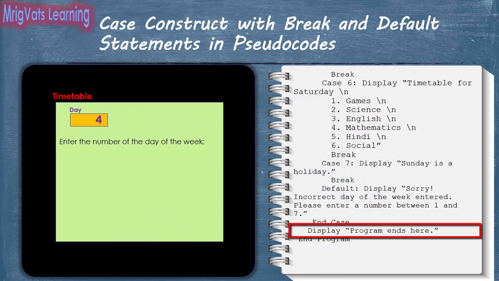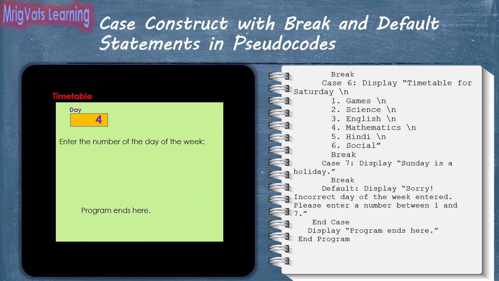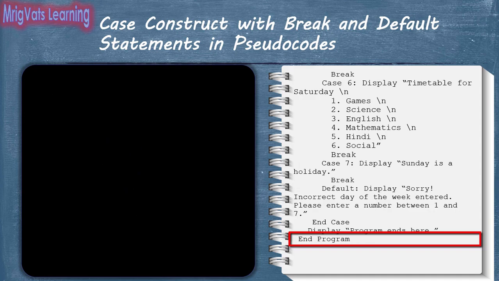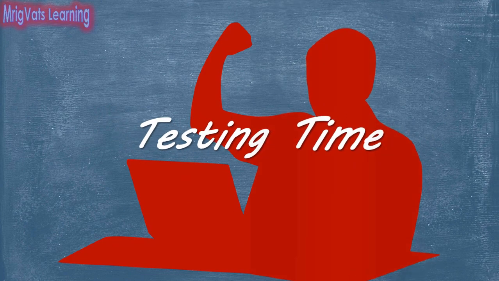As soon as the display statement is run, the program writes the "Program ends here" text in the memory allocated for the program. The display statement takes the text as an input and displays it on the virtual display board. As soon as the end program statement is run, the entire memory associated with the program is released for other activities of the computer. Now, let's complete an exercise on using arrays in a pseudocode program.